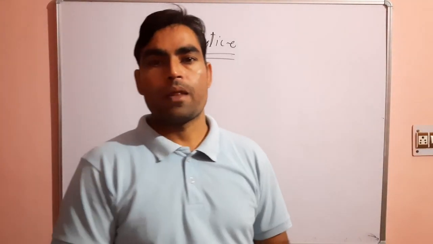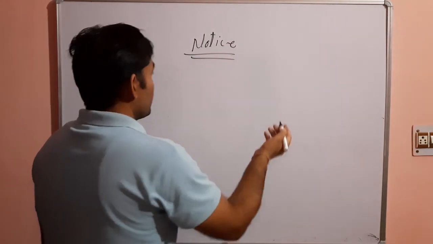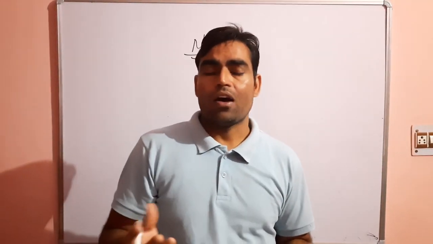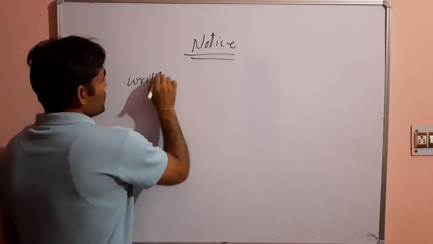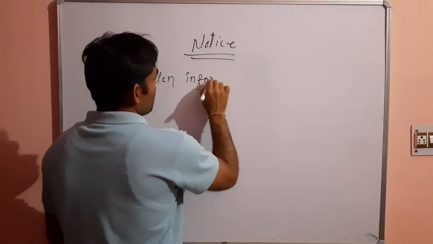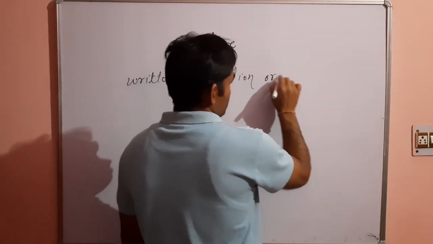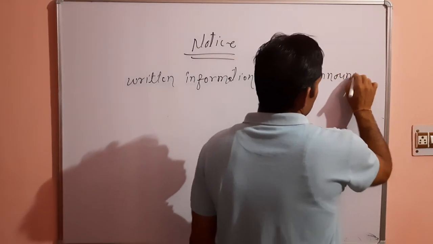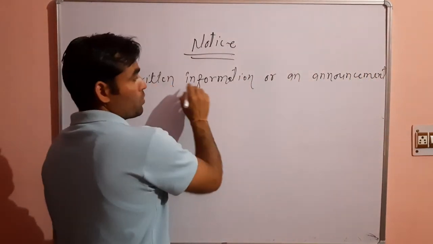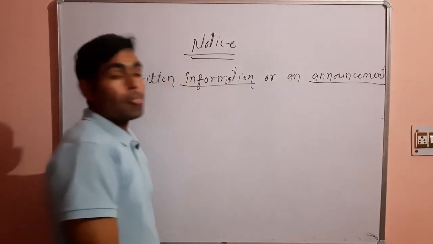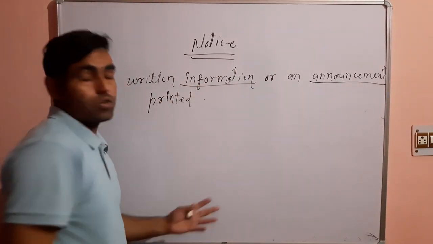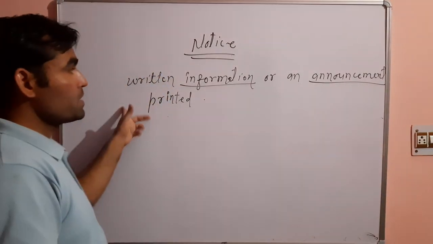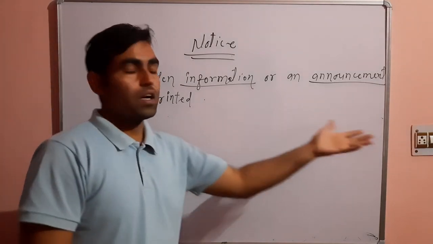The first question that comes to our mind after hearing this word notice. Simply we can say notice is a written or printed information or an announcement. So we can say that it is written information or an announcement. It may be an information and announcement. It may be written or it may be printed. So what notice is? Notice is simply handwritten information or printed information or a type of announcement